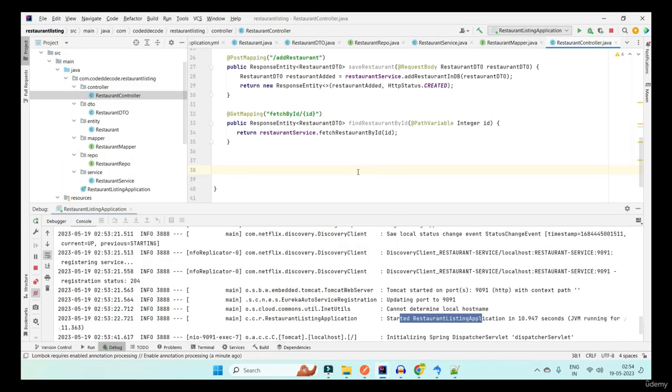In the next video, we will be seeing how to configure the food catalog service, but we will not see each and every parameter in that much detail that we have seen in the restaurant listing service. We have seen everything in this much detail here because we were doing it for the first time. Now I'll be quickly using all these things that I've used in this project in the next video.